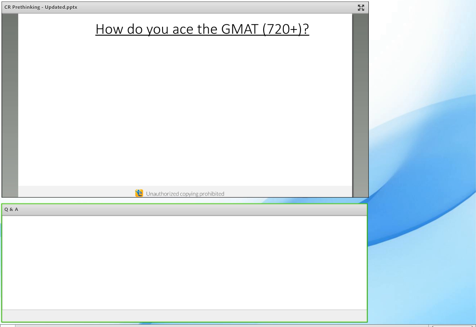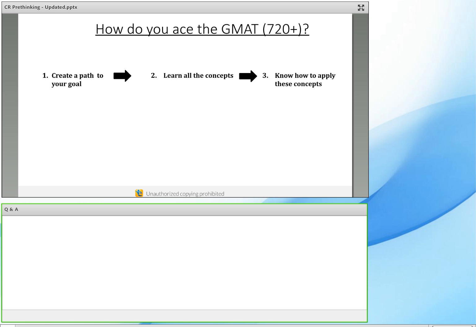Okay. So to really say why one architecture is better than the other in helping you ace an exam such as the GMAT, let's see how you get to that score of 720 or higher, or a score of 730. The first thing that any individual who wants to get to that score needs to do is to create a path towards that goal. That path should really say, which are the core areas that you need to work on? What are your strengths? What are your weaknesses? How much time would you need to work on those areas? And to what extent do you need to improve so that you get to that 730 score?